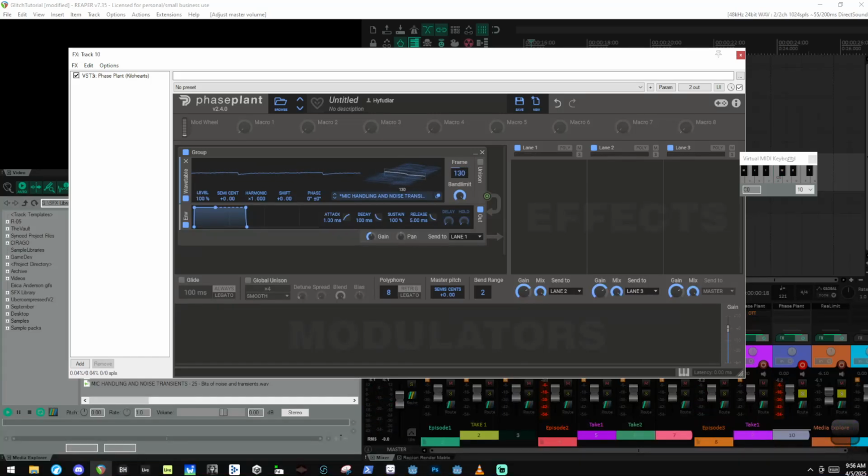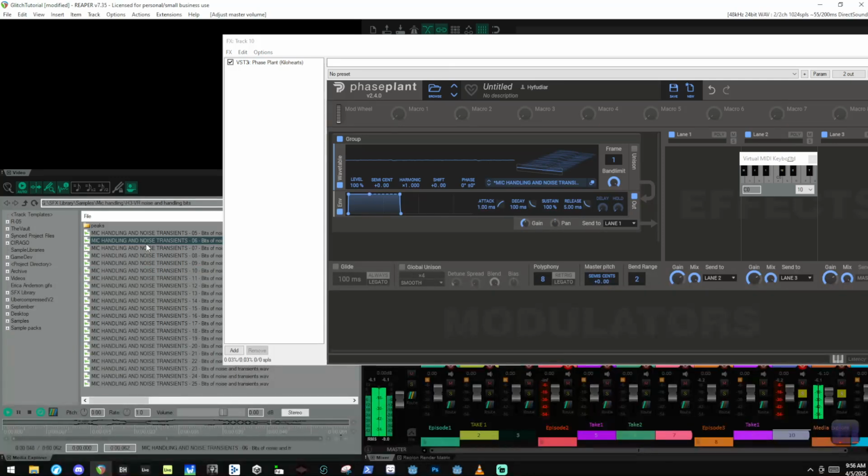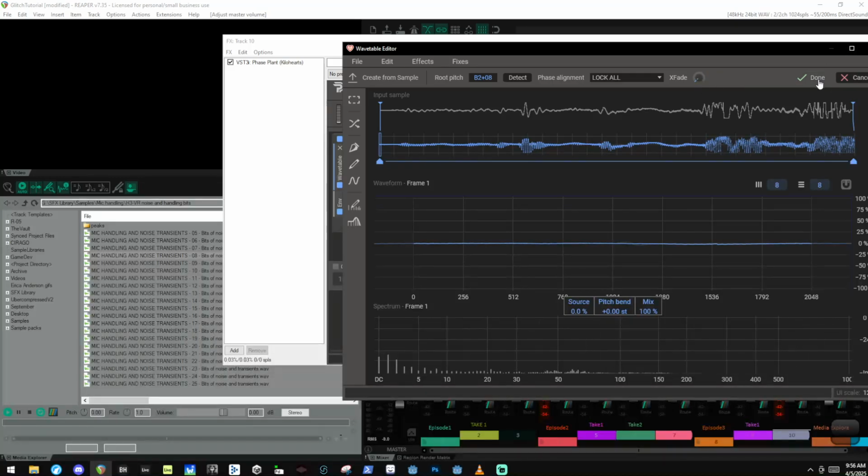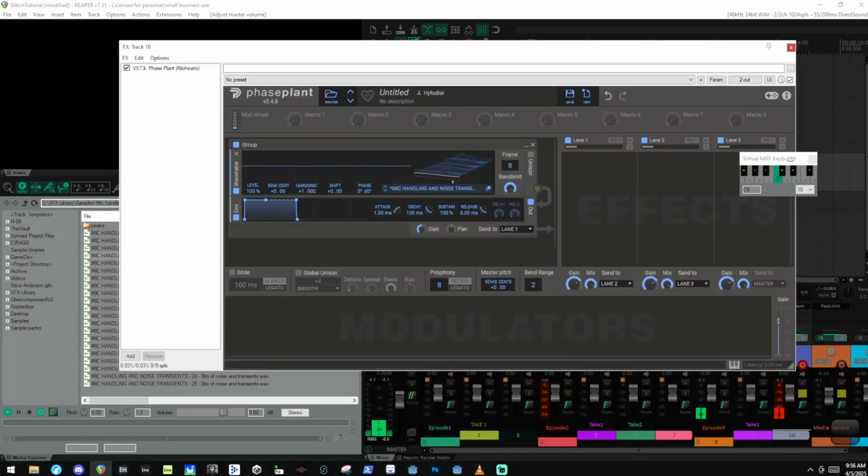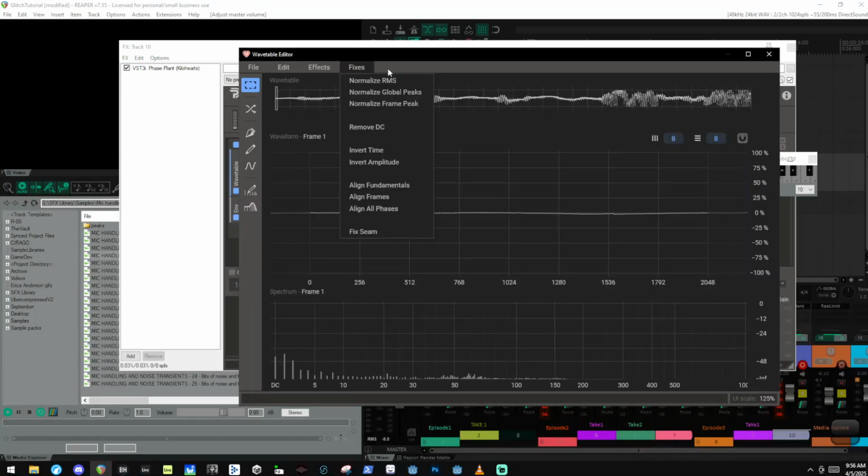Huh. Now this is kind of... I might actually grab a different one, because these are looking a little too homogeneous for me. Let's try this one. Yep, that's good. So you'll notice we have quite a amplitude disparity over the course of the wavetable. It starts out very quiet over here, and then it gets really loud over here. So you could probably fix that with normalizing it,